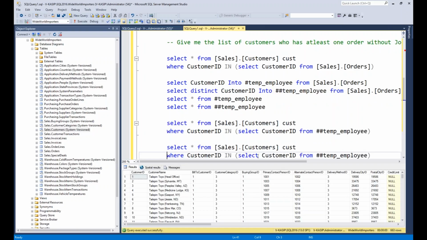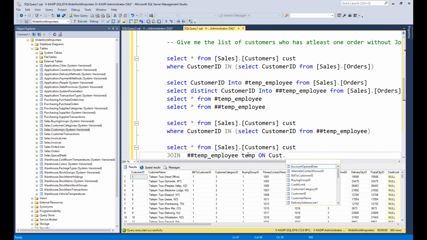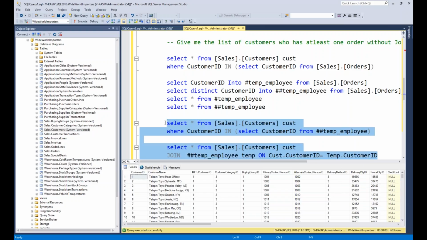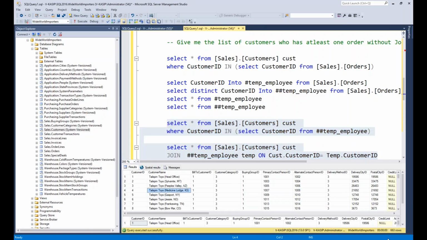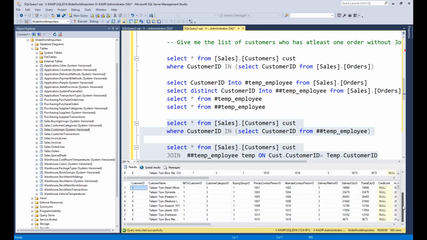So just join this other table, right? Let's take the TEMP on cust.customer ID is equal to TEMP.customer ID. Both result sets will be the same. First record is 663, second also 663.